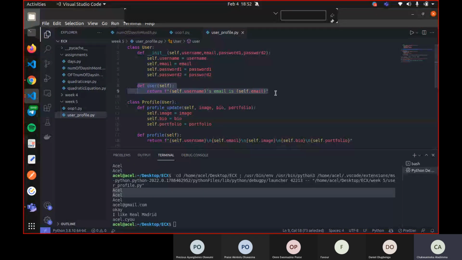I created a class. This class is called the parent class, and this is my data. In this function, I take all the parameters for the user: username, email, and password. Now I call this method here, so it returns the username and email. Then in the profile class, I have